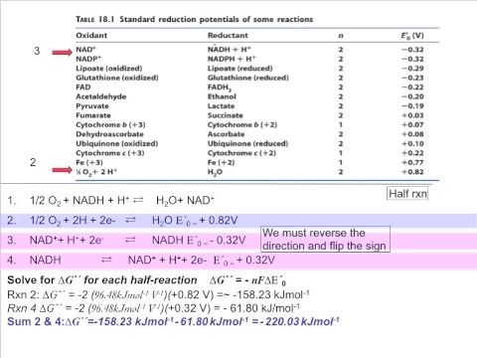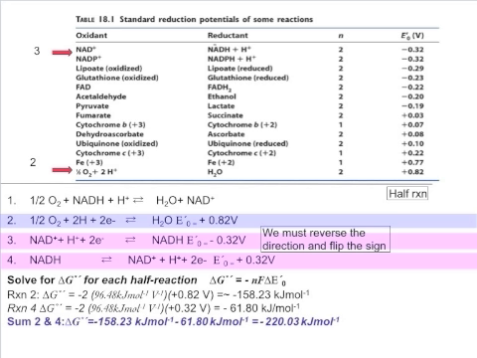Let's look at this in action. 1/2 O2 plus NADH plus a proton yields water and NAD+. We're going to split this into half reactions so that we can use the table above. 1/2 O2 plus 2 protons plus 2 electrons yields water, and the electron transfer potential for this is a positive 0.82 volts. NAD plus a proton plus 2 electrons yields NADH, and the electron transfer potential for this reaction is